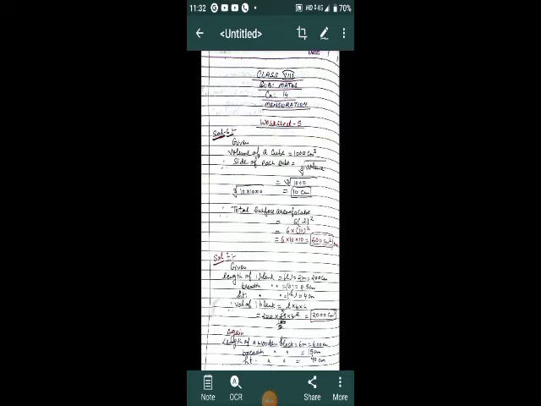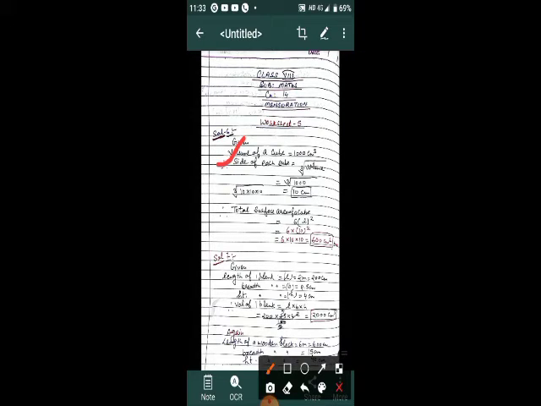Again, I am giving you the solution of question number 6. What is here? See very carefully. Here the given volume of a cube is equal to 1000 centimeter cube. So we have to find the side of each cube. We will find the cube root of the volume.